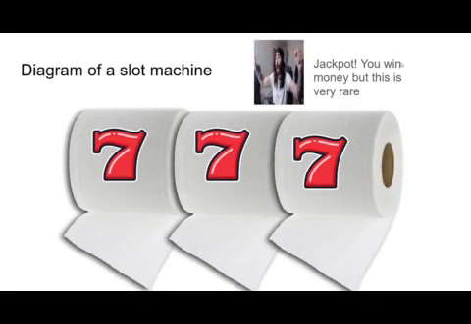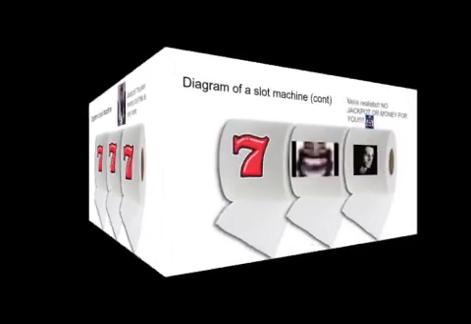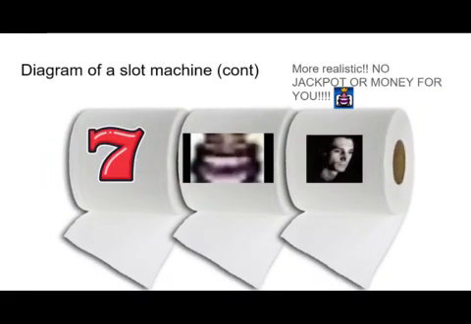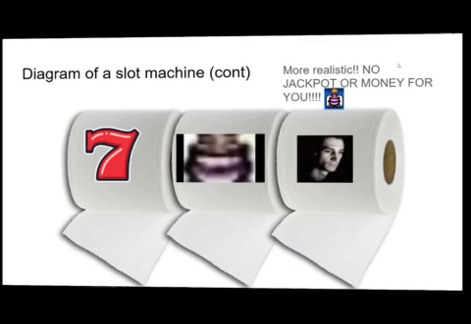Here is a detailed diagram of winning money. As you can see, the icons match each other, making this a jackpot. However, this is rare and unusual as you have to get the same icon in a row. Math explained later in this PowerPoint. This diagram is more accurate and likely. As you can see, the icons do not match each other, making this not a jackpot.